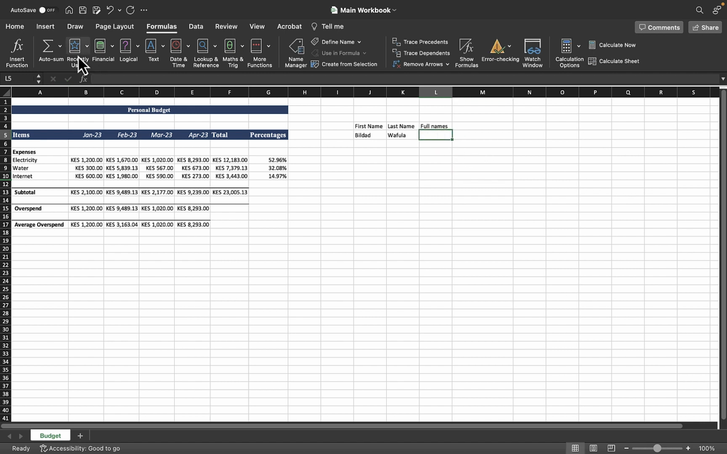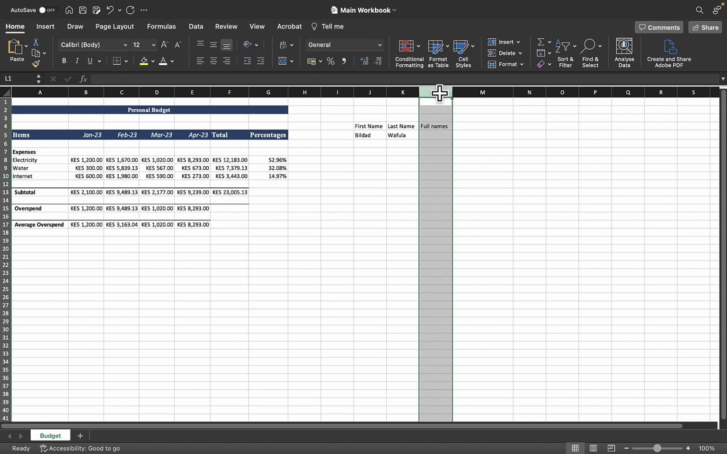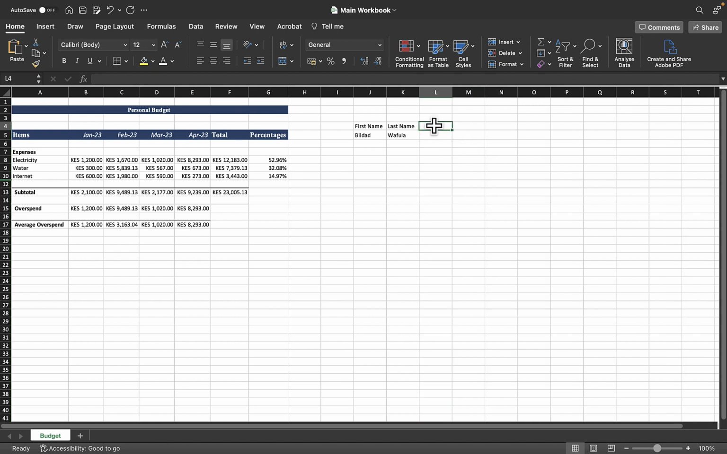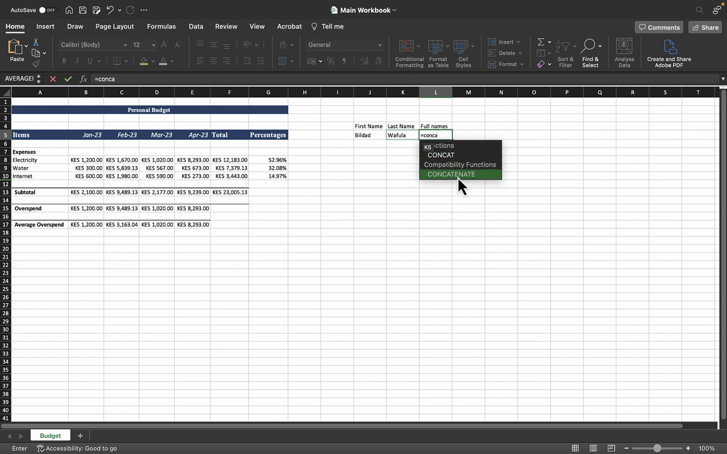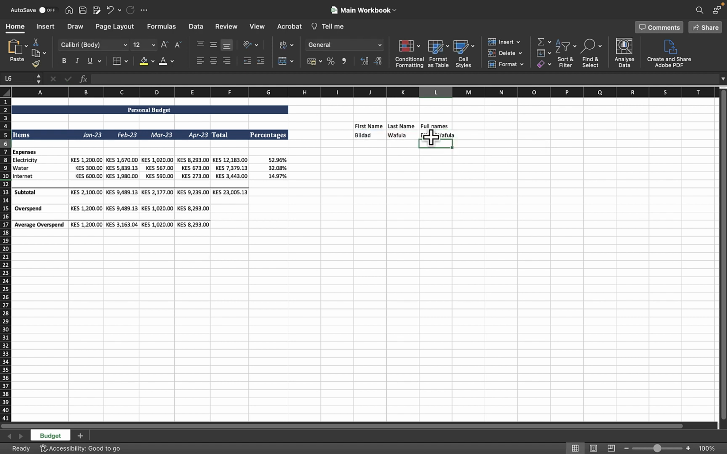Let me just delete this column, delete that as well, and then full names. Seems there was some formatting there that was not good. I'll put the equal sign and use the concatenate function, and it asks me for the first text. I'll put this one, then comma, it asks me for the second text, I'll put this one, hit enter, it gives